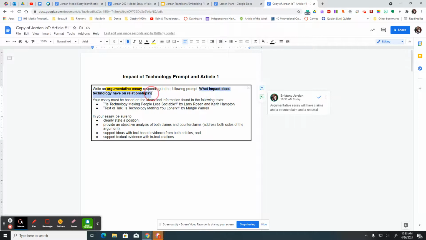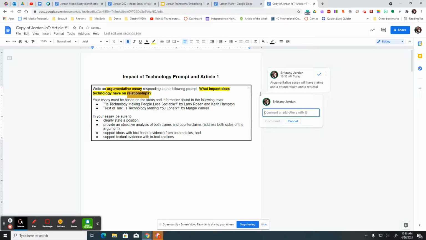And then I'm going to highlight my actual prompt. What impact does technology have on relationships? Okay, and so I'm going to highlight relationships specifically and make a comment. So our prompt is asking about relationships specifically.